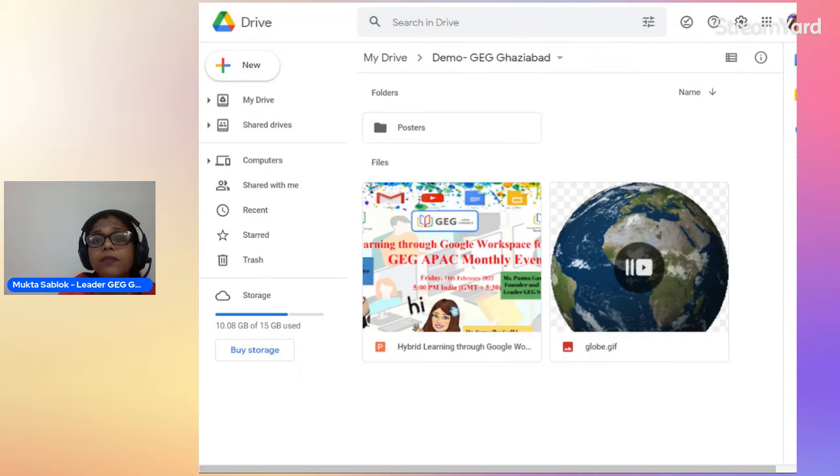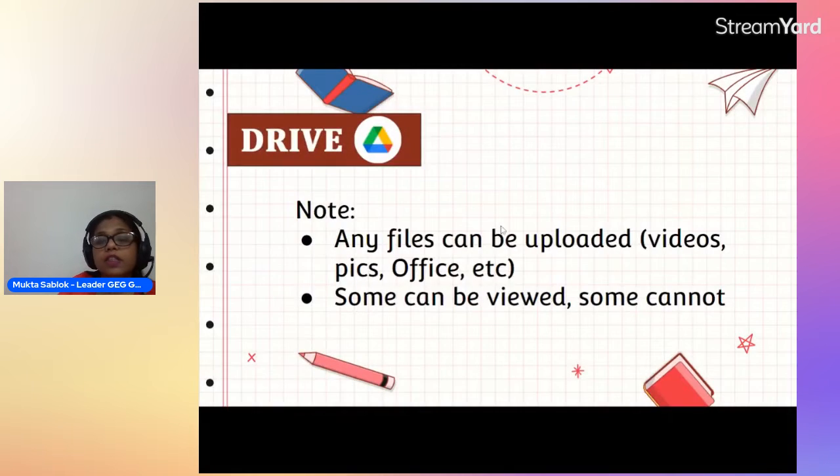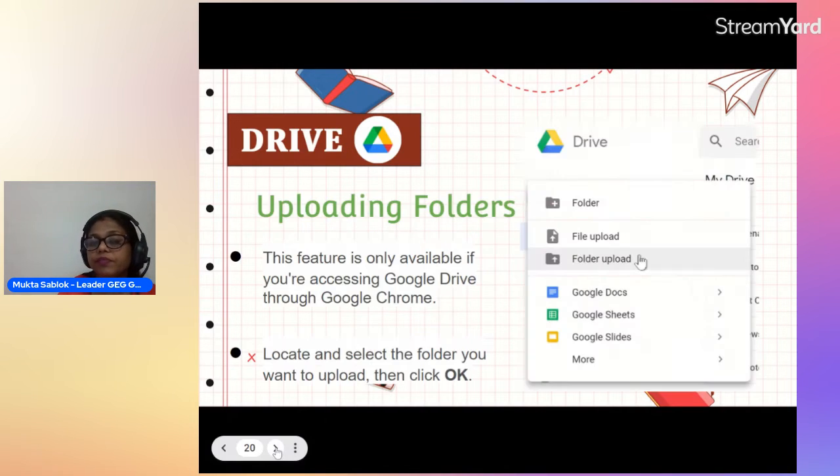Isn't it interesting? Okay, so let's go ahead and see what else we need to do with it. Now, this shows any files can be uploaded in our Google Drive, that is videos, pics, office files, etc. I've already shown you the demo of it. Some can be viewed, some cannot.